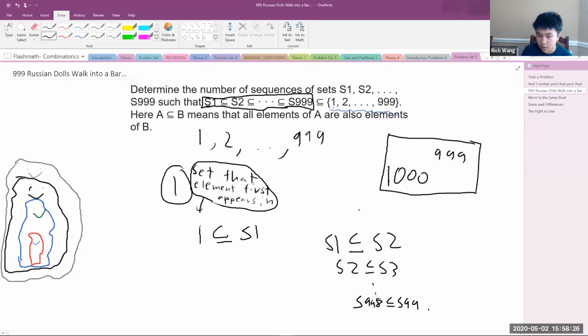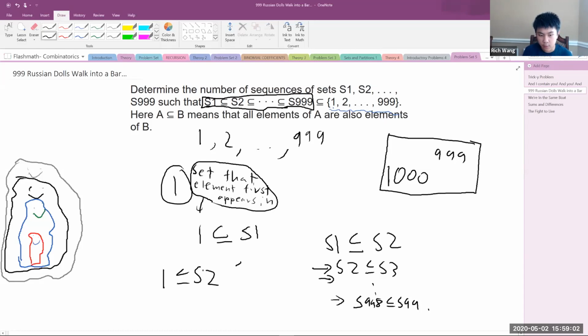So as a result, since 1 is in set S1, S1 is in set S2, and so on, we know that 1 must be included in every set. However, we're doing casework on the first set that the element 1 appears in. So now let's say that the first set it appears in is set S2. What this means is that it is not contained in set S1, and the first set it is contained in is set S2. So from here, since we know S2 is contained in S3, S3 is contained in S4, all the way up to S998 is contained in set S999,